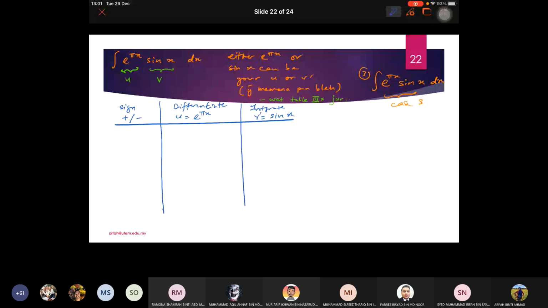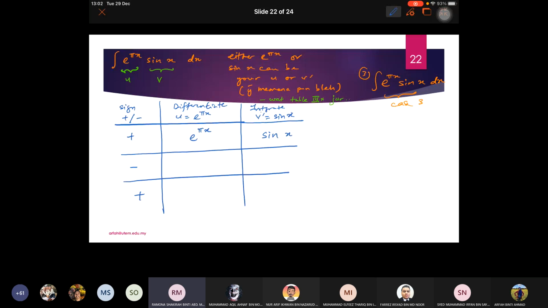Okay, so you are going to integrate this one. V prime equals sin x. So we will make the table up until 3 times only. So you have plus, minus, plus, and this is your exponential pi x, and from there you are going to have sin x. Okay, differentiate exponential pi x, you get